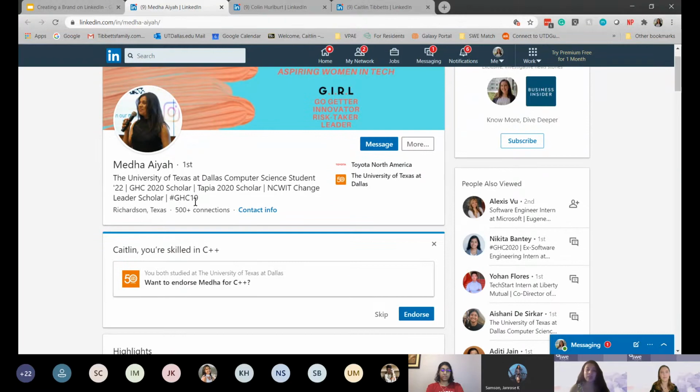From there, headlines are really important. And I typically just showcase who I am as a person. And from there, just some of the conferences that I'm attending. So recruiters also know where to reach out to me so we can possibly schedule interviews for certain positions. So if you're going to any conferences, make sure to kind of include that in your headlines as well, so some of the recruiters know.